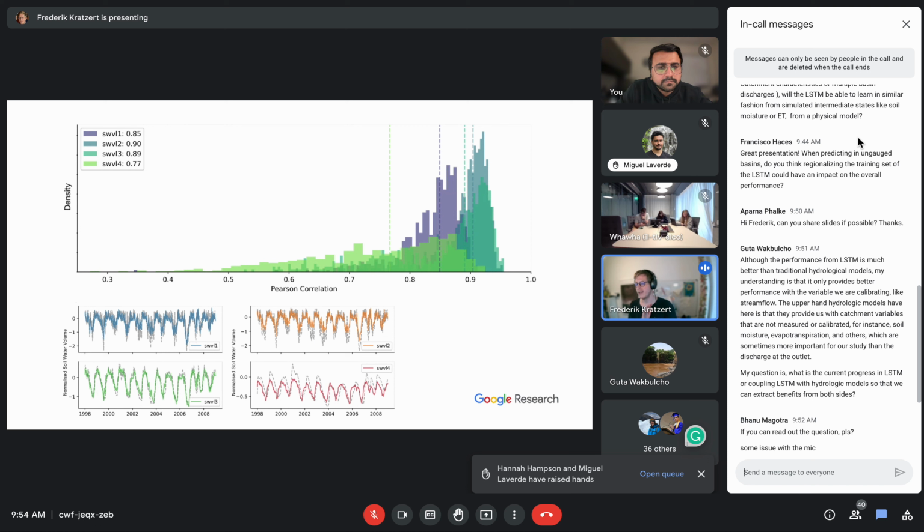So far, it seemed like it's always better to include as much data as possible. I would not say this with 100% confidence, so maybe a great paper idea for you to test. But I think, yes, the more the better.